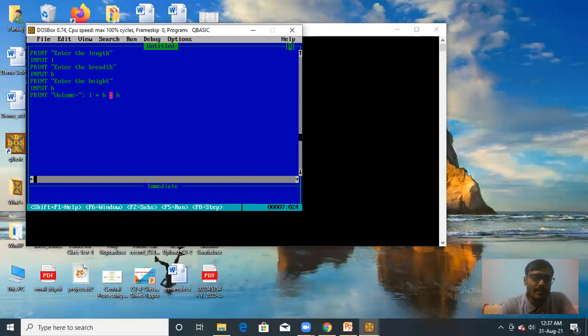This asterisk sign is known as the multiplication sign in computer programming. Understood? Now you can run your program, click on run, click on start.